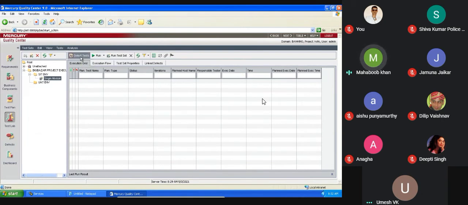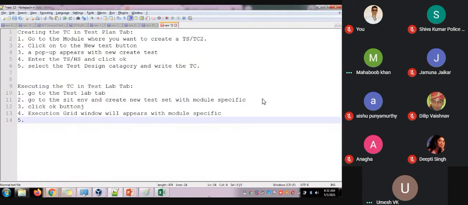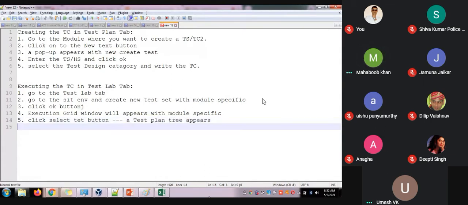Click select test. Click the select test button. What will you be able to see? A test plan tree appears.